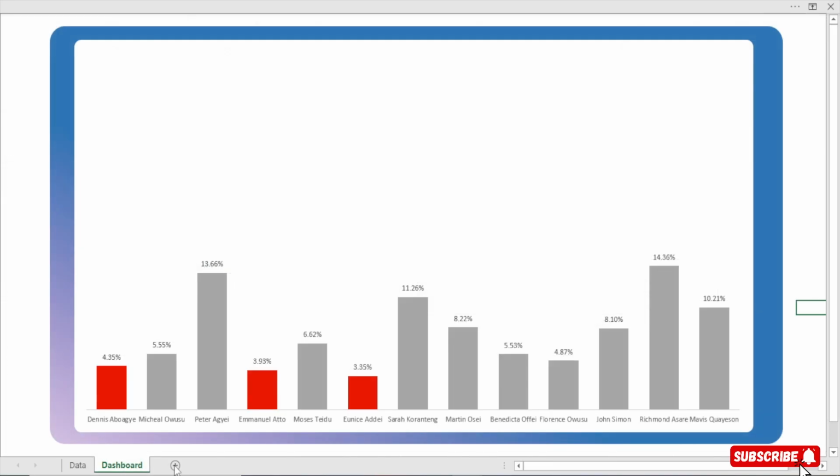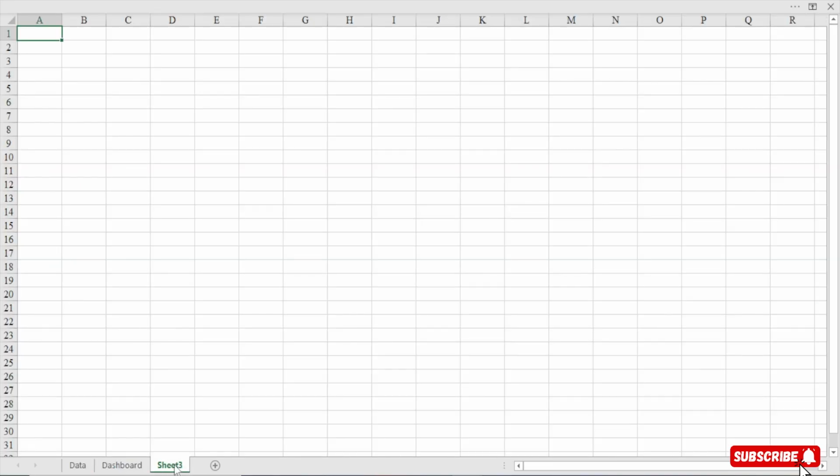In order to do the same thing, I'll just add a new sheet, and I'll rename this as Formatting, or Format. Perfect. Now, when I come here, I'll say this is maybe our formatted revenue. I'll hit enter. Just come down a little, and I'll say this is our percentage revenue.